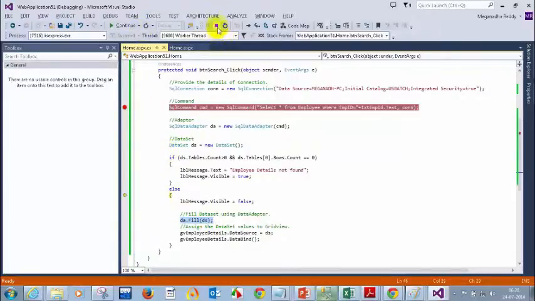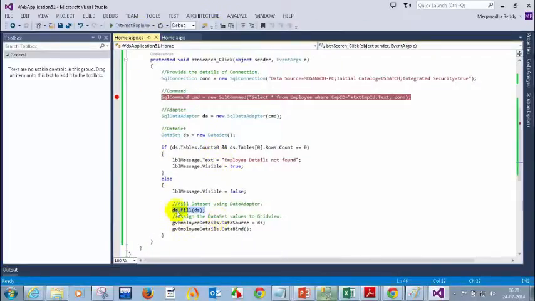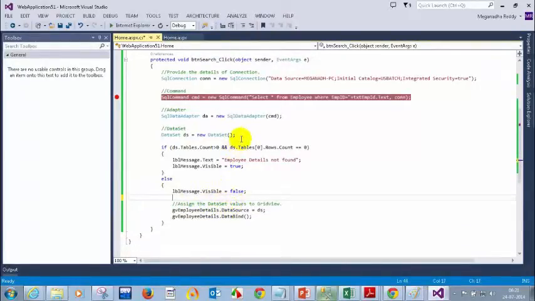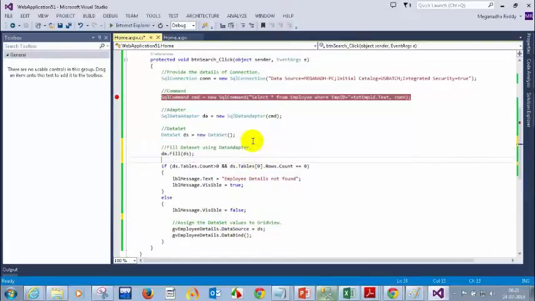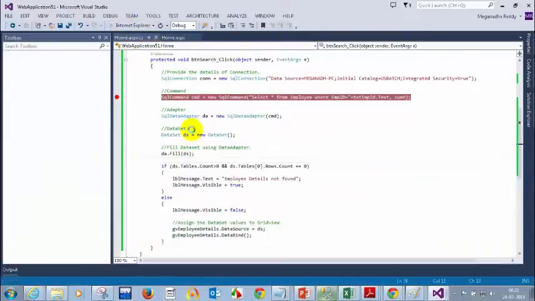Let me stop this, and then I have to fill this here. After filling, I can check whether I have the table details or not. Now let me run this. Now it will work like it should work.